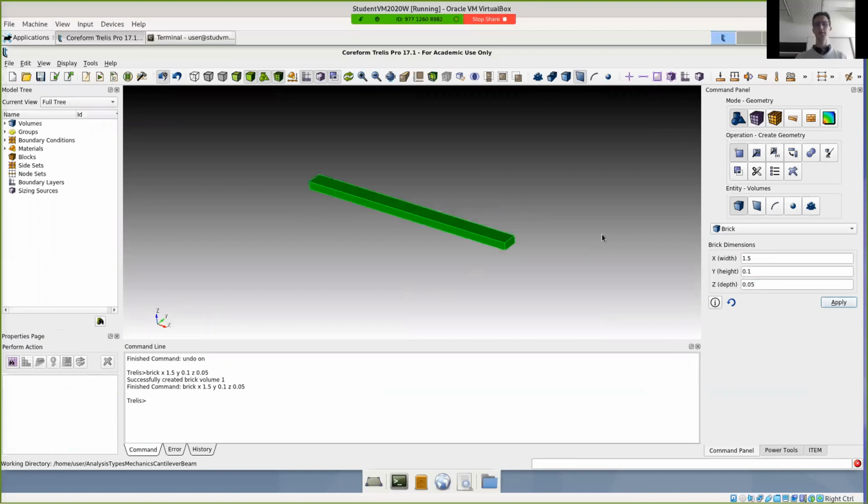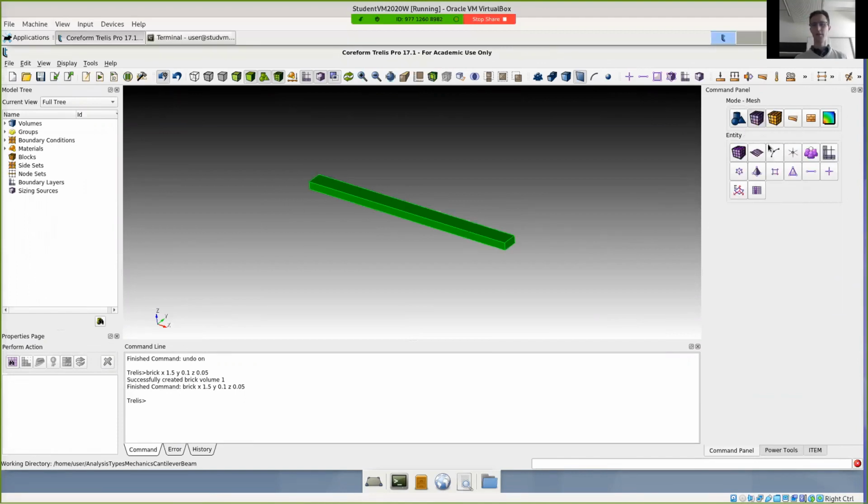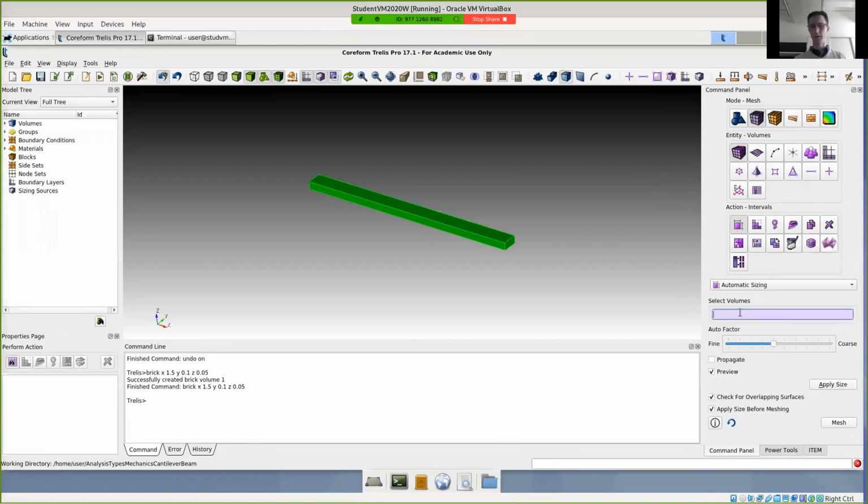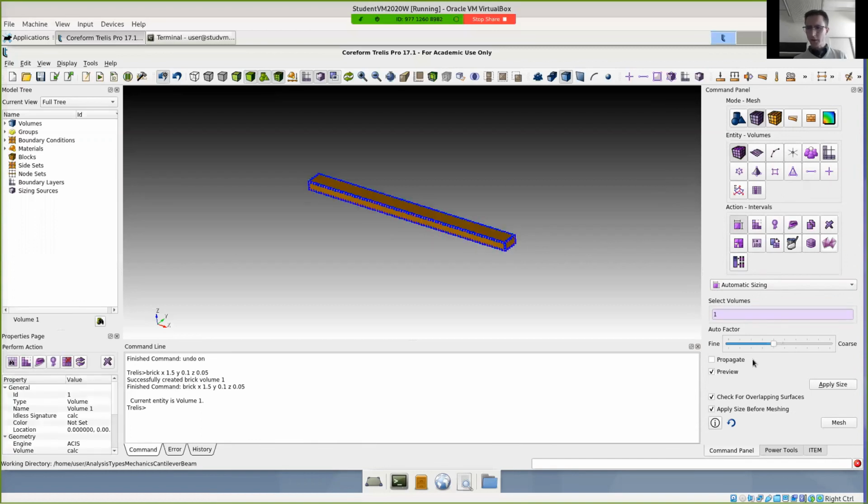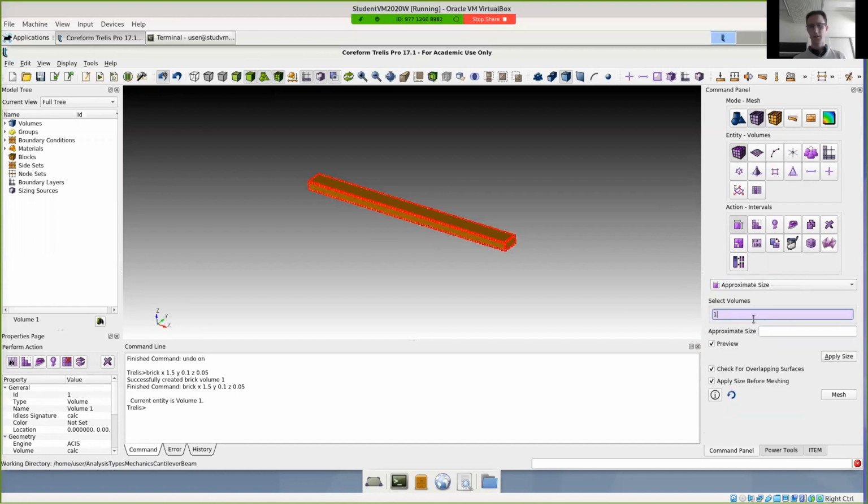So next thing we have to do is mesh our geometry. So let's hop over to the mesh module, define 3D mesh properties, and for the sake of simplicity, we'll do just automatic sizing on the volume. Actually, we want to specify the approximate size, and we say 0.01 meters for the dimension. So we click on mesh,